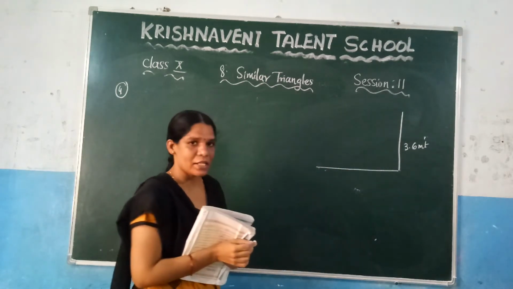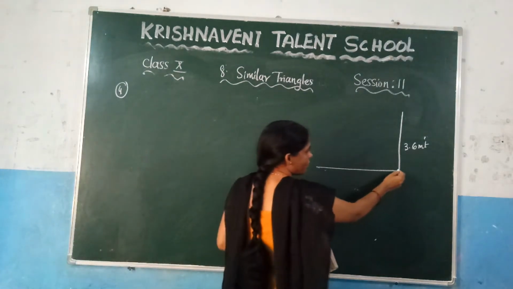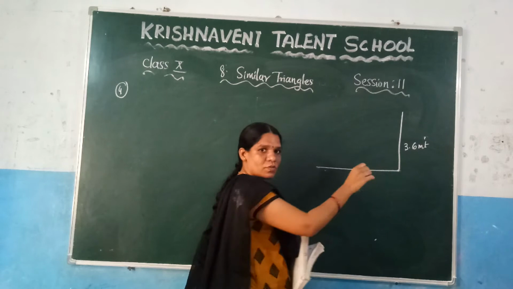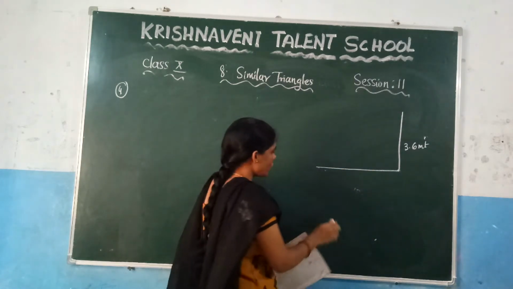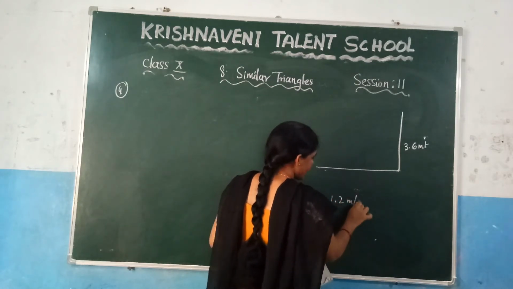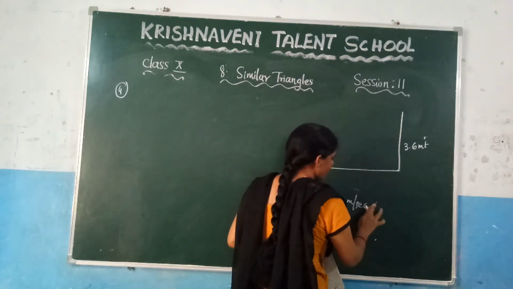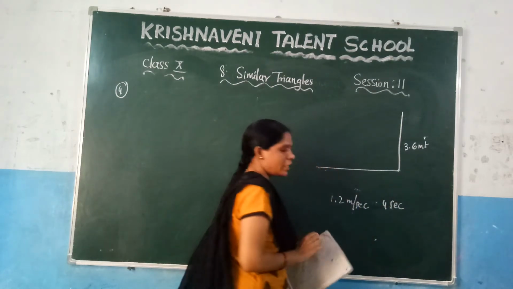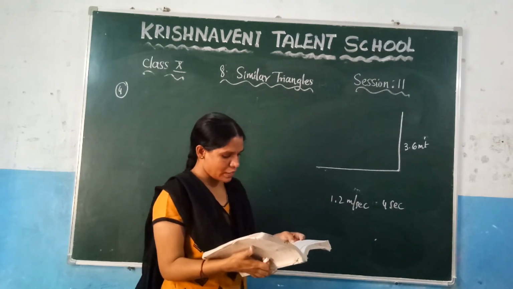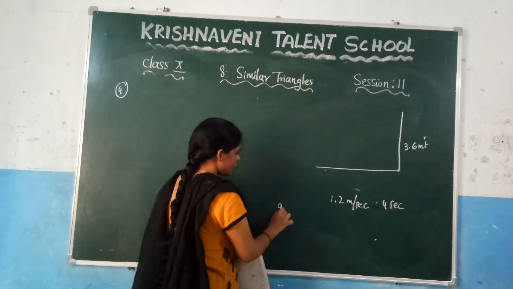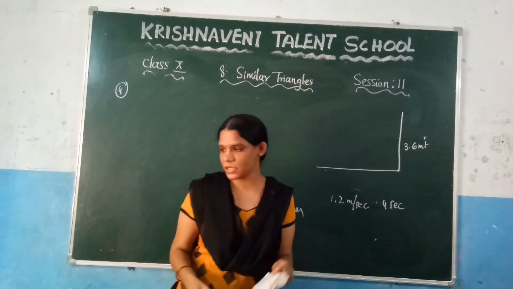And after that, what they are saying here, one girl is there. That girl is walking at this position. And this girl is walking at this position at a speed of, how much they have given? At a speed of 1.2 meters per second. For how many seconds she is walking? For 4 seconds she is walking. Right? And after that they have given here the girl's height. How much they have given here? The girl's height, which is 90 centimeters. Now based on this you need to find the length of her shadow.